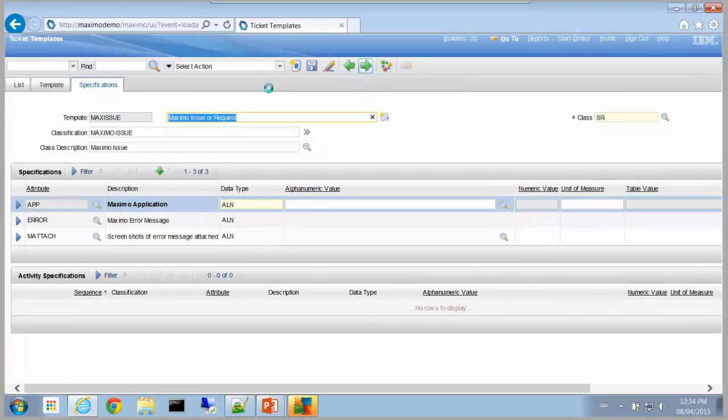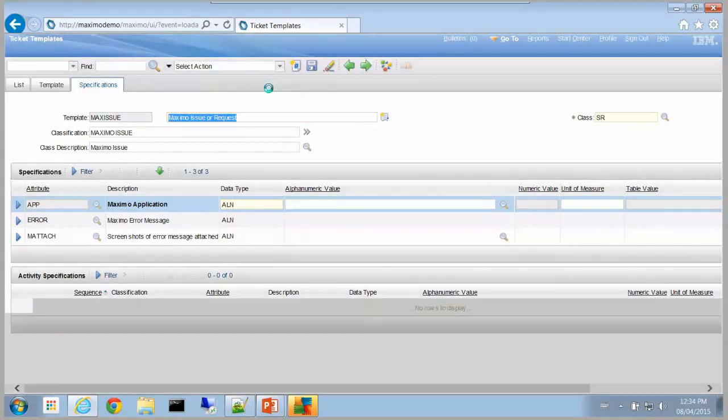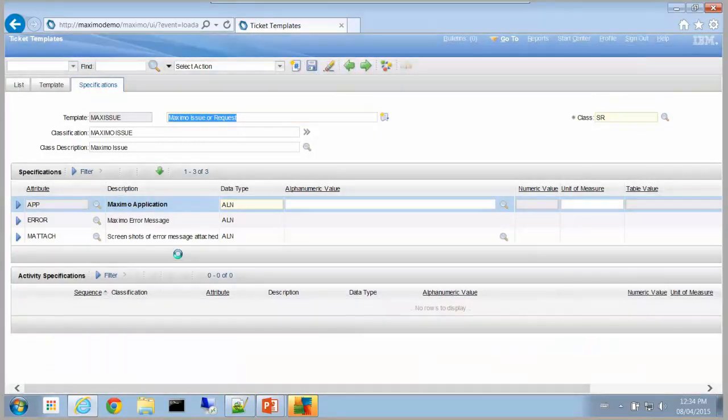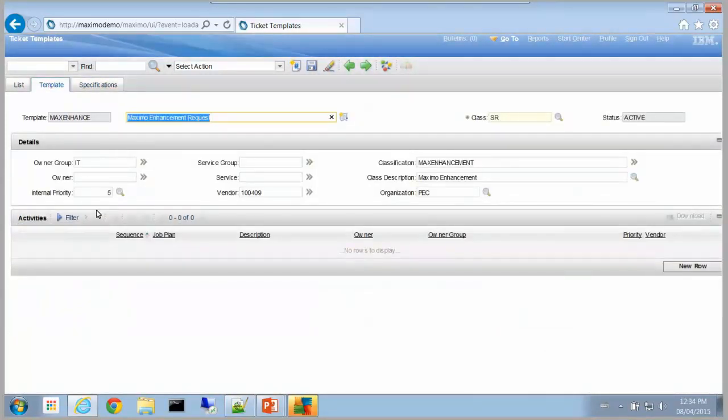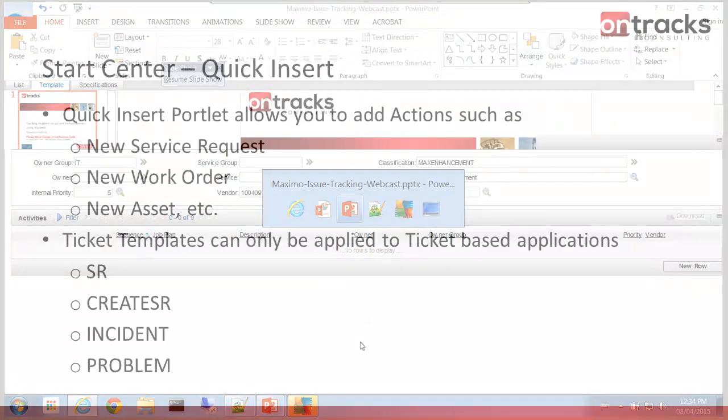If I navigate to the next record, or the previous record, which is my Maximo enhancement, you can see the questions that I'm asking there. And then in the template, the difference here is I have a priority change that's slightly different, and my classification is different as well. So the next step after this is to now